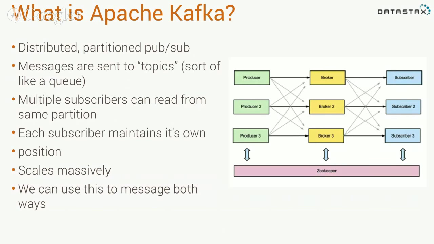So, as I said, I love Kafka. I think that this tool is absolutely brilliant. People will say that it's a queue, but that is slightly misleading. It's actually a partitioned distributed commit log. There's some nuances in there that are very important. Messages are sent in here, and they're sent to topics. And the reason why this is different than a message queue is it really is more of like a pub sub. So you can have multiple, they're called subscribers. You can have multiple subscribers reading from the same topic. So I could have 500 subscribers to an individual topic.